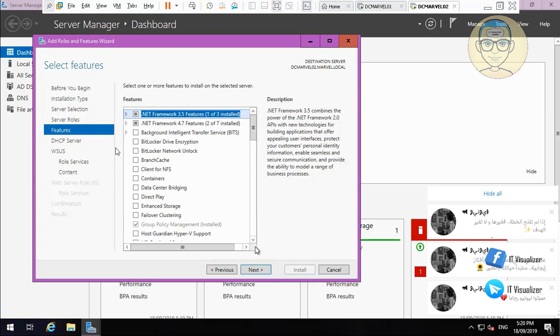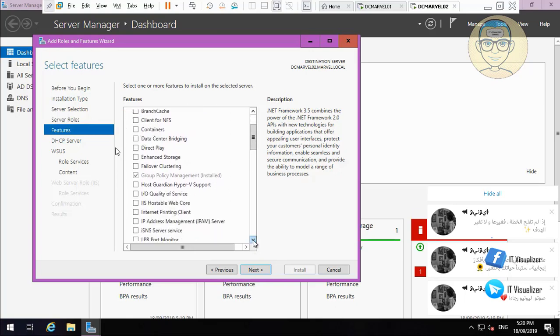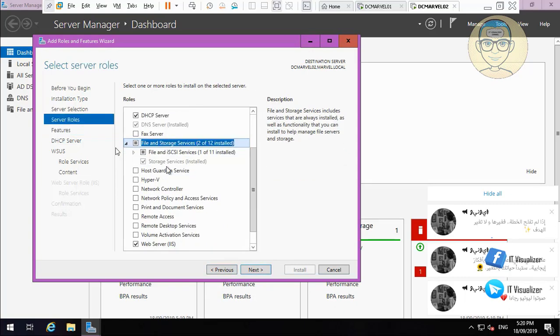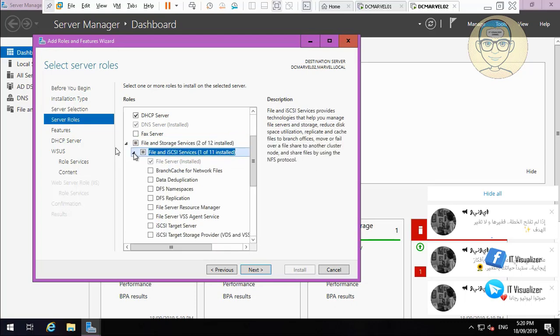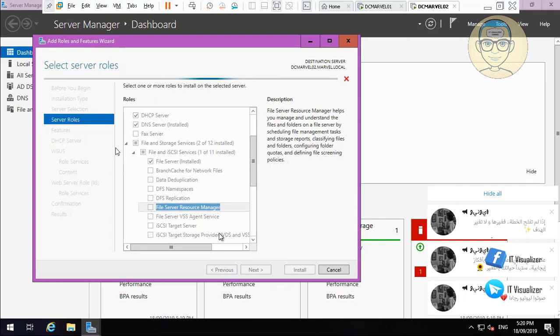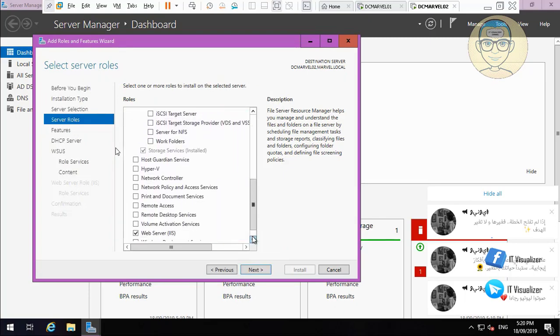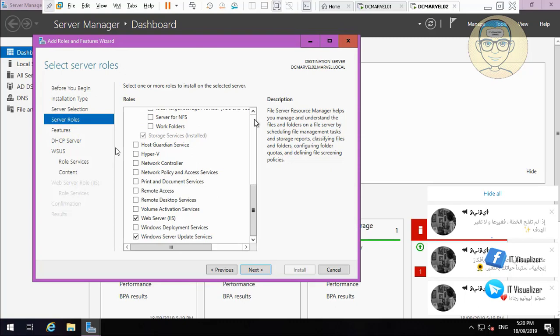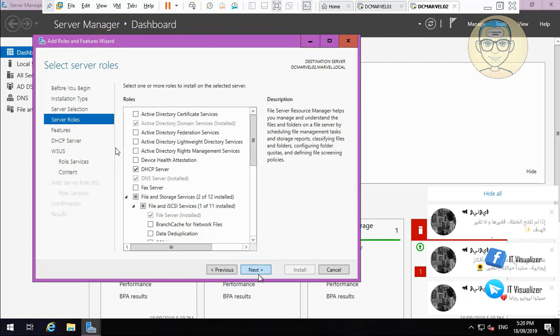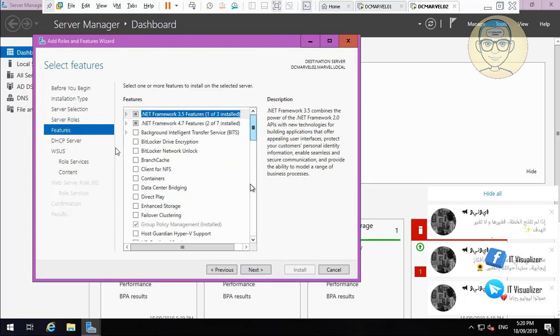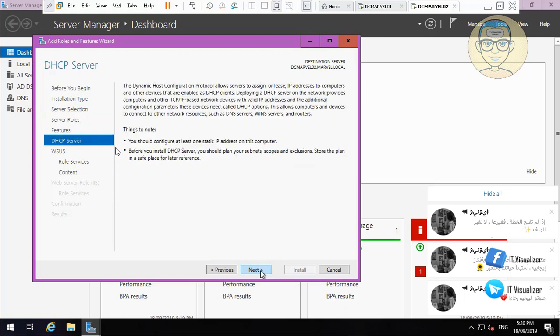I will discuss this when it comes, but bear with me. So here, for example, you need to go to the previous, and then we have added the WSUS and the DHCP. Here we open the file and storage services, and then we add the file server resource manager. This will enable this server to act as a file server, and through this file server resource manager we will make quotas and file screening